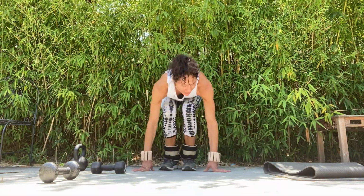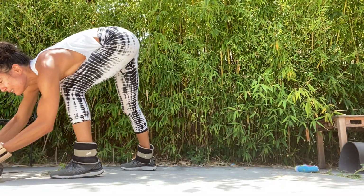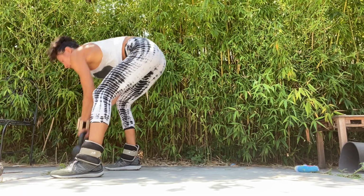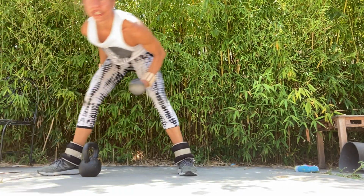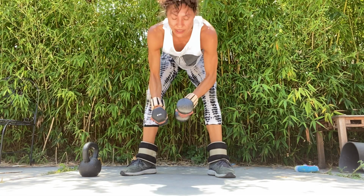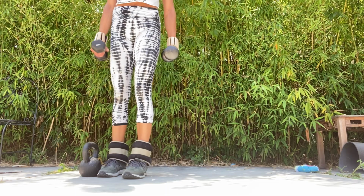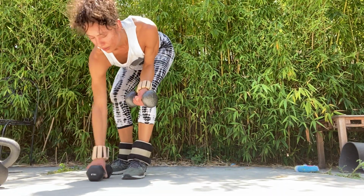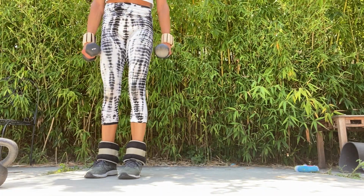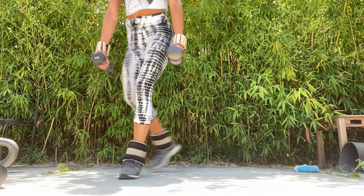All right, I'm gonna start in here. This way. You can again just use 2 of the same weight in each arm, and let's just do it like that, and then the next round with the kettlebell. So from here, left leg will stay static, and you're just gonna step your right leg a little bit to the side. Up, back up. 2,